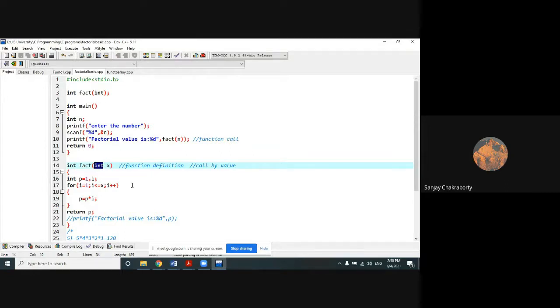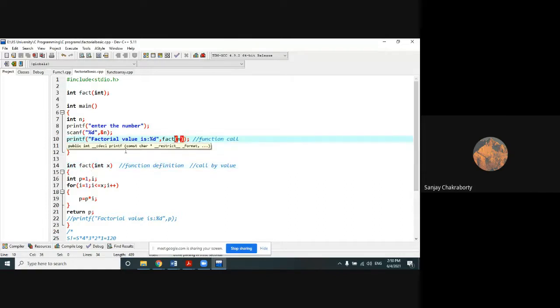And the most interesting thing is that this is a good programming habit. The programmer has been advised that it is a very good programming habit if you use two different variable names. This is a calling variable and this is a receiving variable.